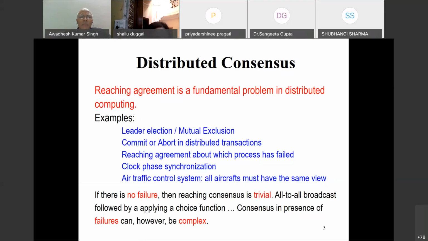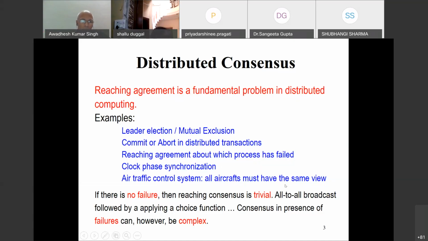But the problems are usually called the agreement problems. In fact, these two are related. The blue list shows the different problems which are related to agreement, maybe leader election, mutual exclusion, or many others. The important thing is that when there is a decision about any activity or any